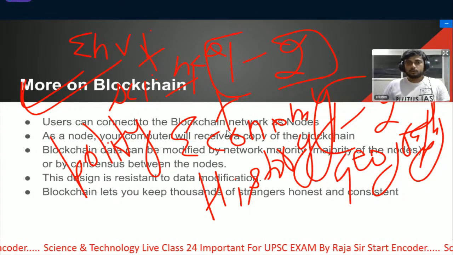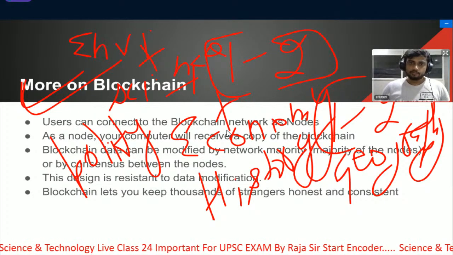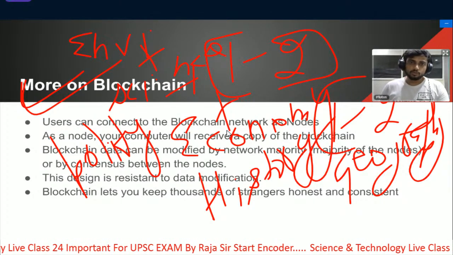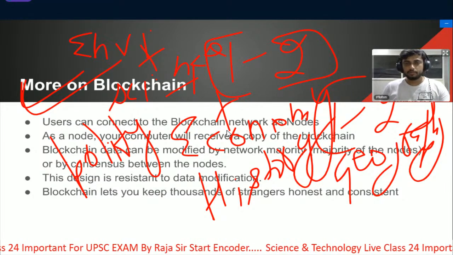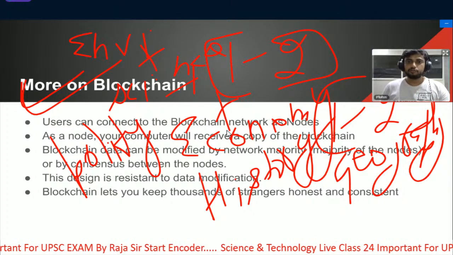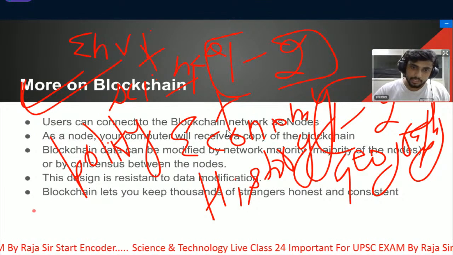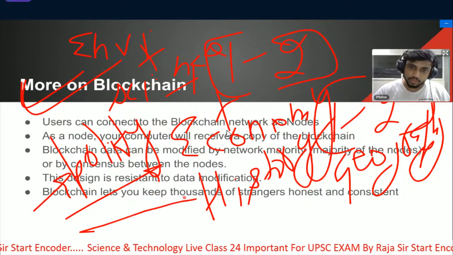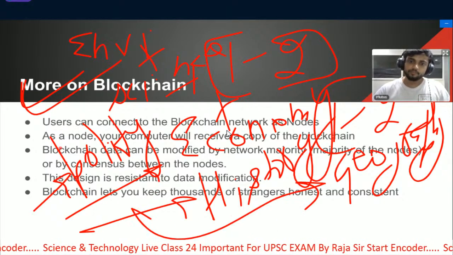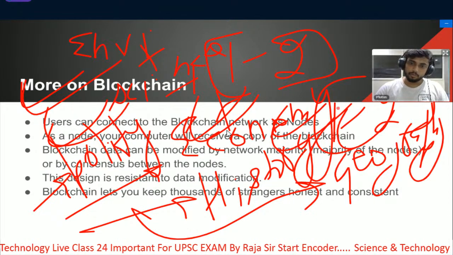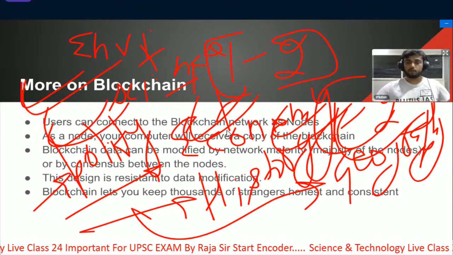Science and technology is a part of GS paper 3. Obviously you cannot escape it, because you will fail in the prelims. If you skip science and tech, you will fail in the prelims. If you skip environment, you will fail in the prelims. But these pillars are very necessary to understand the newspaper very well, and for the broad understanding of all the topics, the things that are going around.